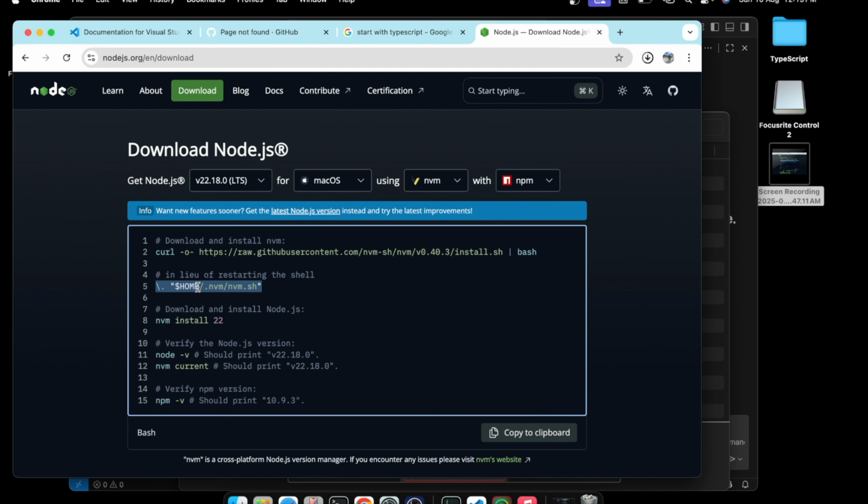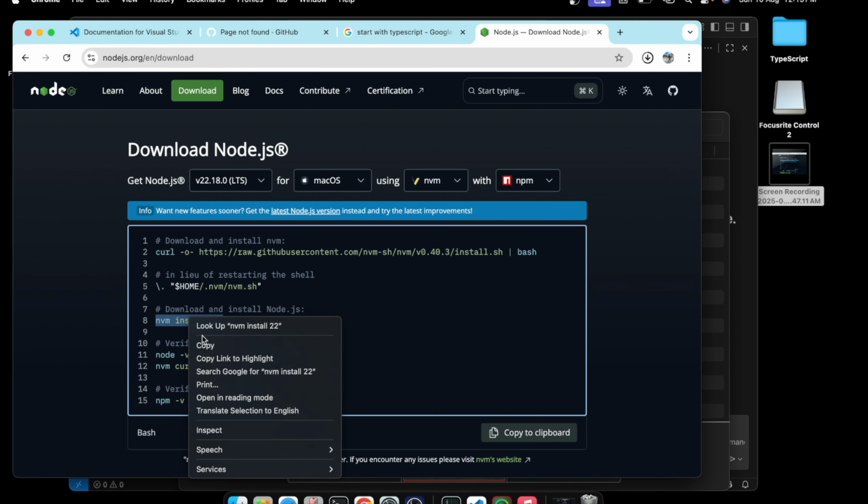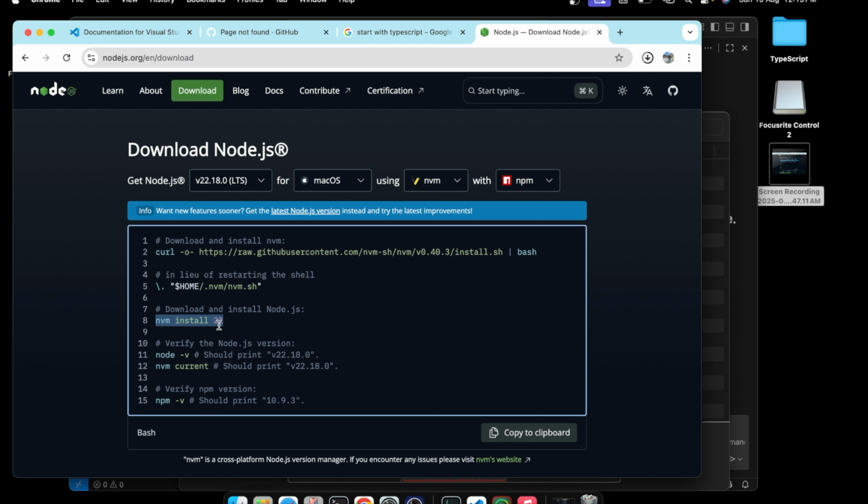Now I have to run this command. And the third command is for installing node 22, because this is the latest version.